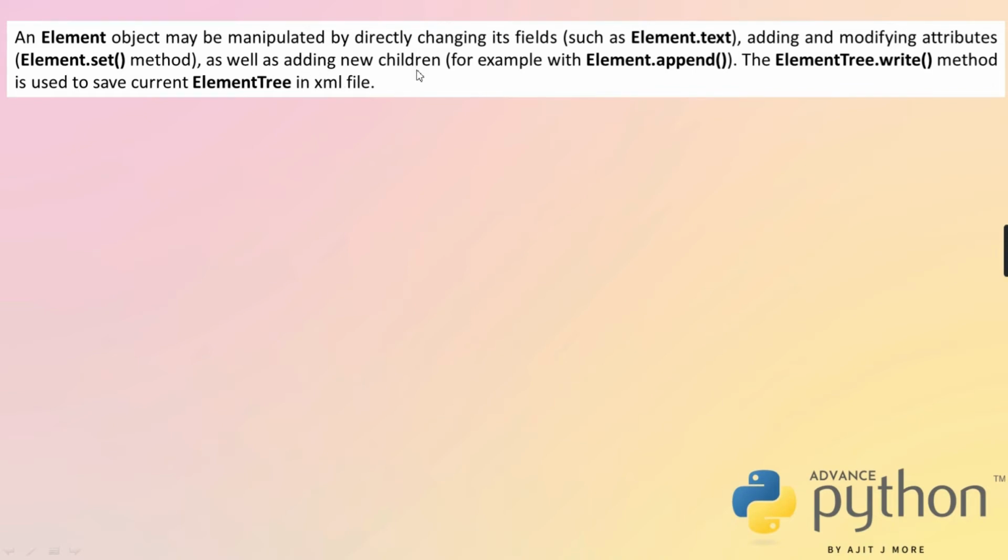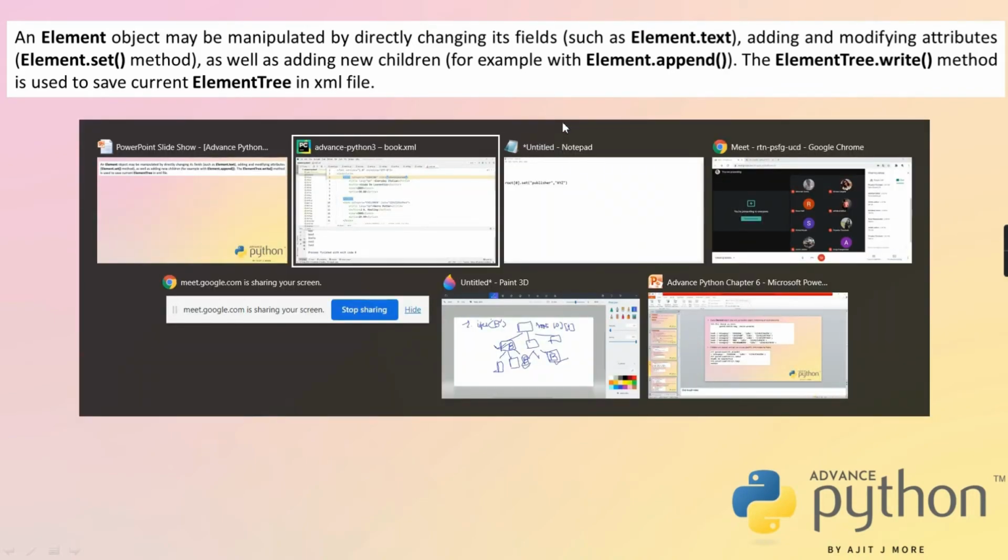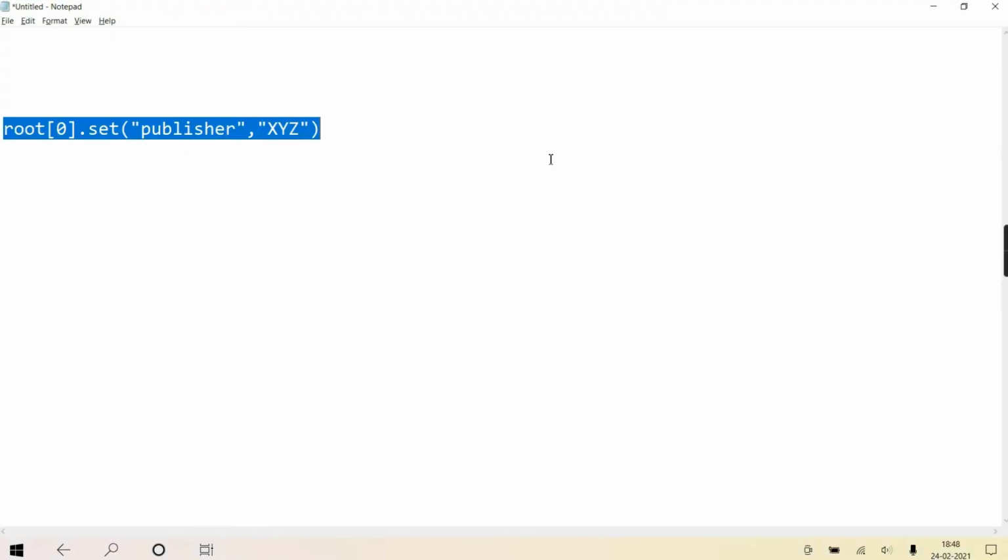Then coming to the next thing, if you want to add a child to that element, then use the append method. Okay, the element's append method, and then give the child element. Now how to use it, I'll tell you. But you have to first create a child element and then pass that element to append. It means separately you have to create an object of element. I'll tell you.